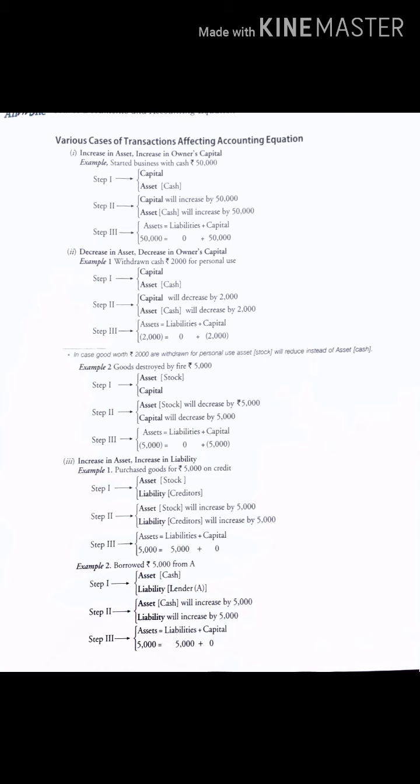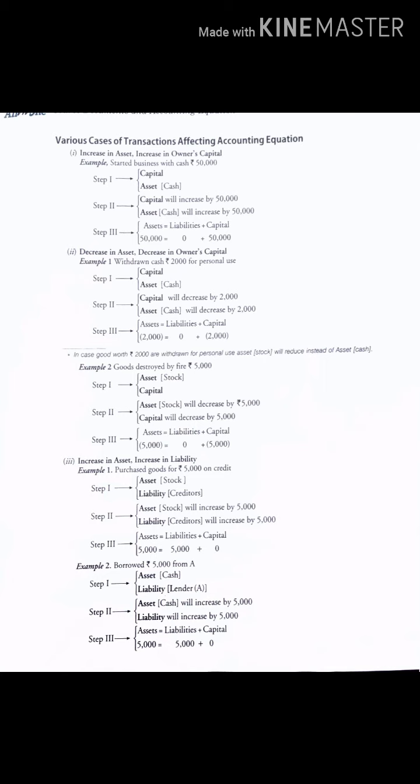Now 50,000 is cash. What is cash? Cash is an asset, right or wrong? If we own something in a business, that is our asset. Cash is an asset, but then it is an investment by the proprietor, and any investment by the proprietor is known as what? Capital. So our first step was to ascertain the variables. What is cash? Cash has two aspects: one, it is an asset, and another, it is capital also.